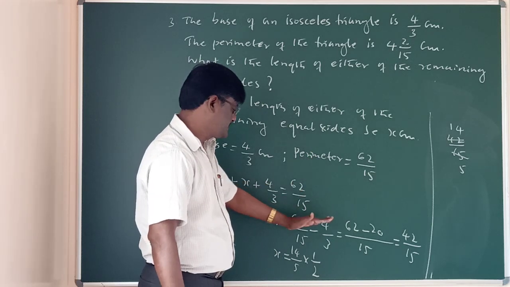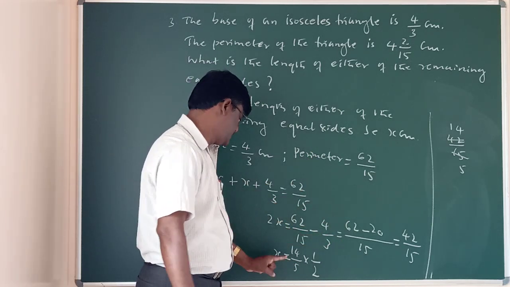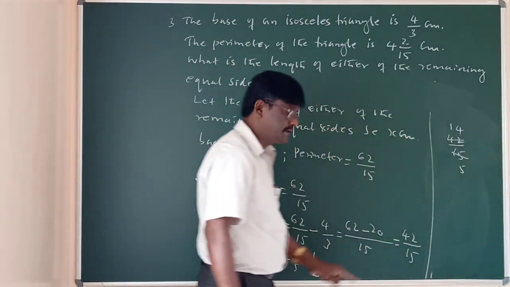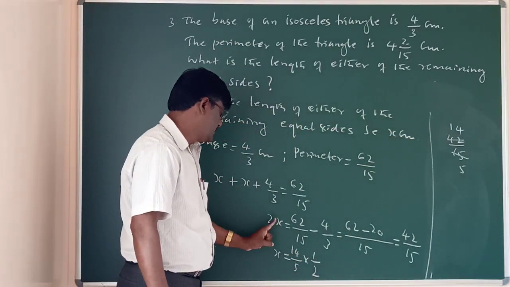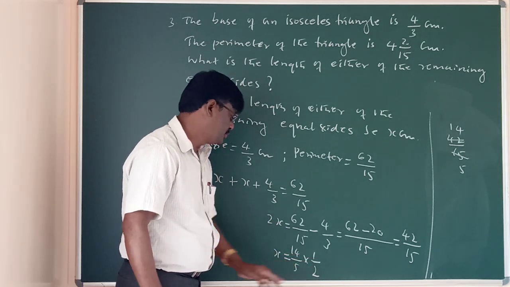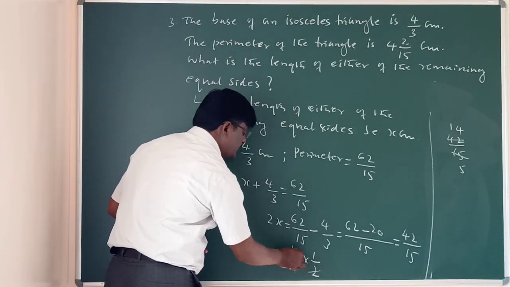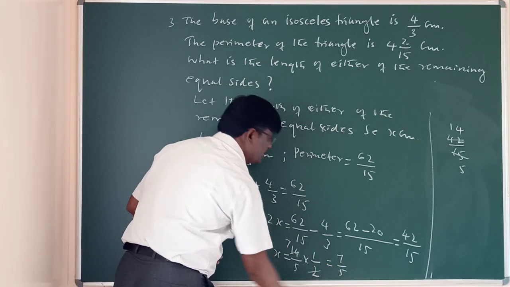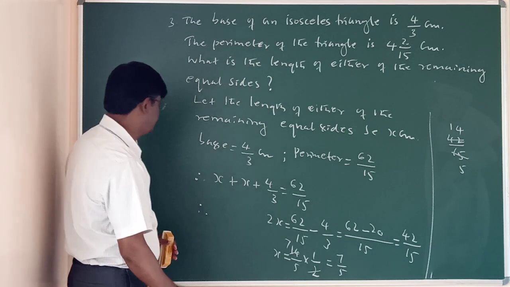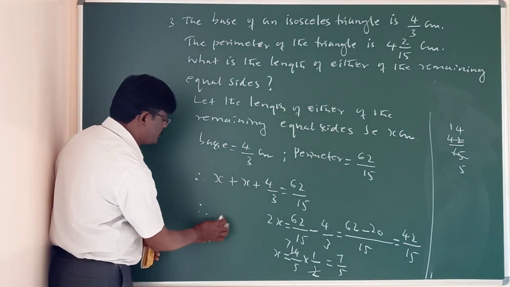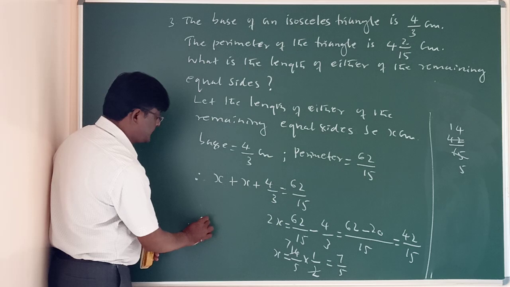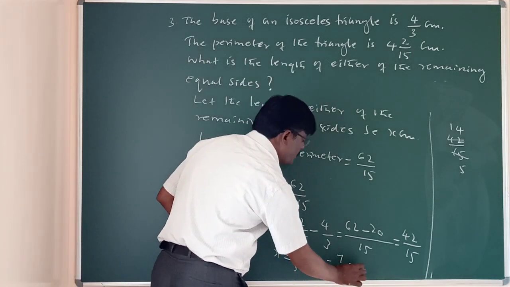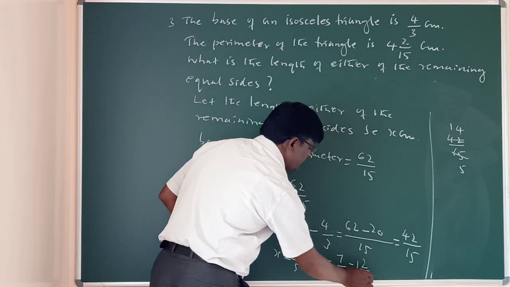You do one thing, just go on writing one below the other, children. Now therefore 14 by 5, after the simplification, 14 by 5 into 2 becomes 1 by 2. 1 7s are 7s are. So therefore we get 7 by 5. And finally, the final answer I am writing here. Therefore final answer x equal to what? Here itself can be written 1, 2 by 5.